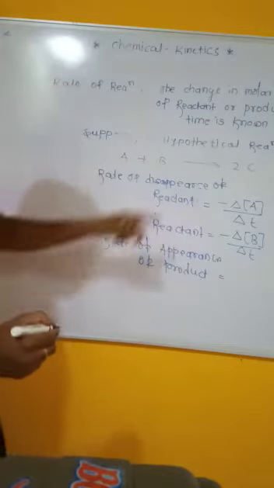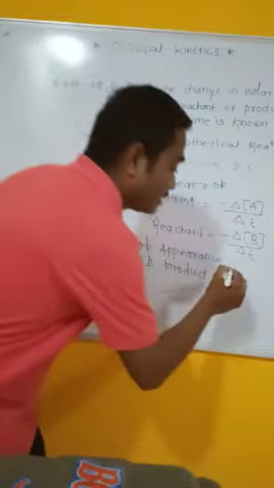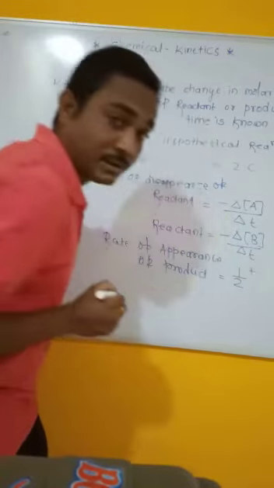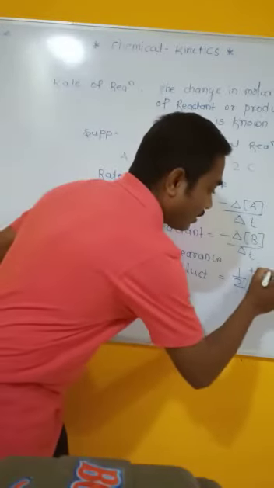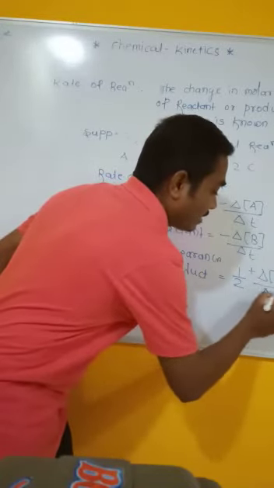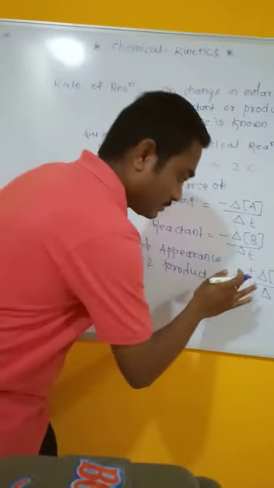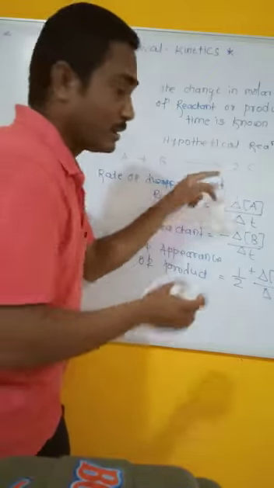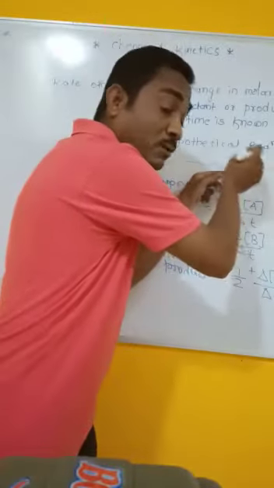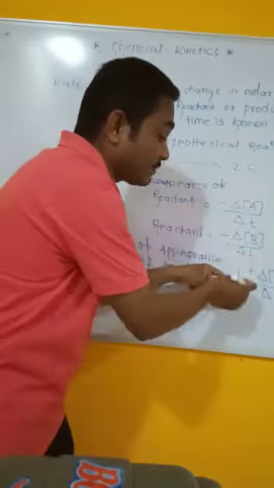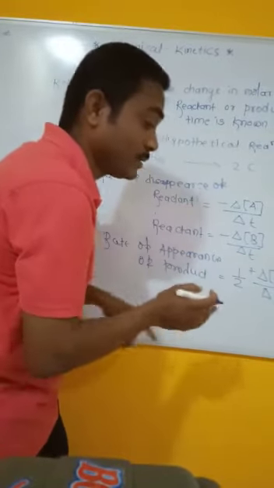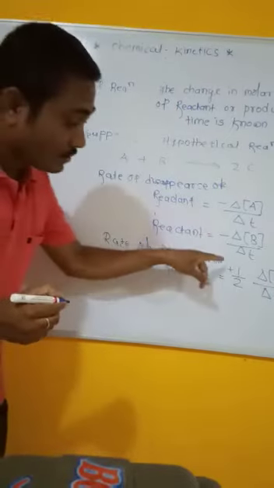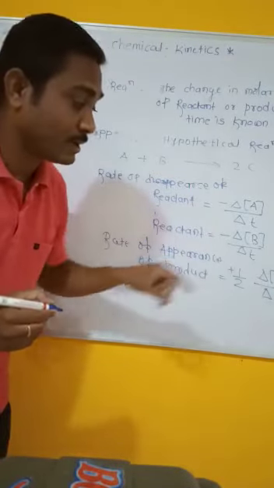is equal to, this 2 becomes a fraction, that means 1 by 2. It is a product, therefore we have to use a plus sign, grad concentration of C divided by grad T. That means 1 by 2. Why do we have to use 1 by 2? Because if the coefficient is 2, then it is taken as a fraction 1 by 2, grad C by grad T. This positive sign indicates, in front of this equation, plus 1 by 2 grad C by grad T.